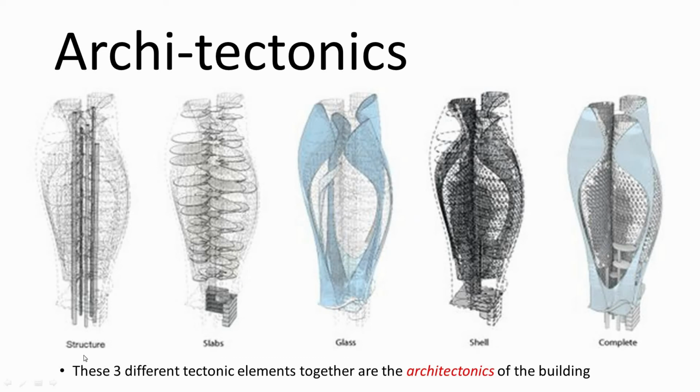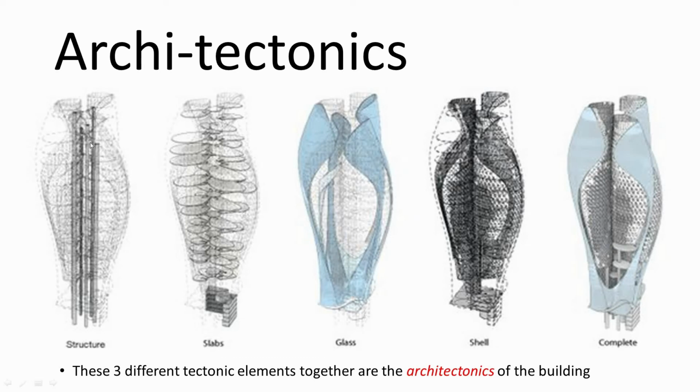And the way it comes together is this: we have a structure, columns in the center of the building, at the core, and from that we have slabs which are almost like petals in a way. It's very much like a tree,